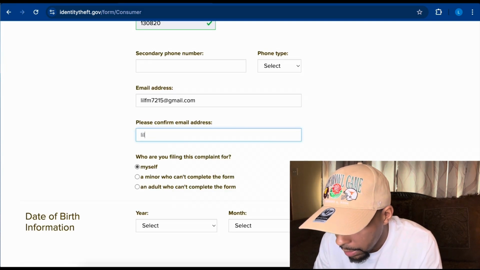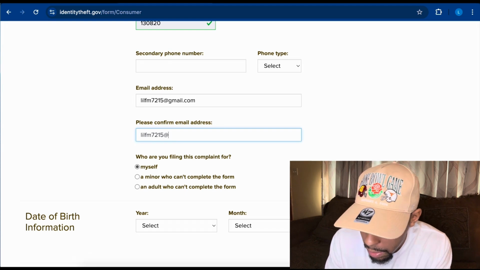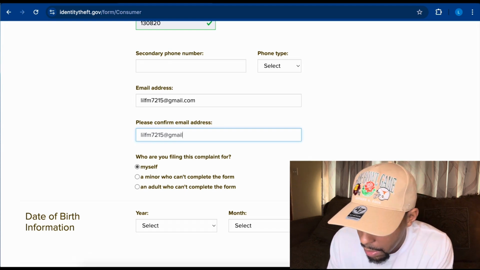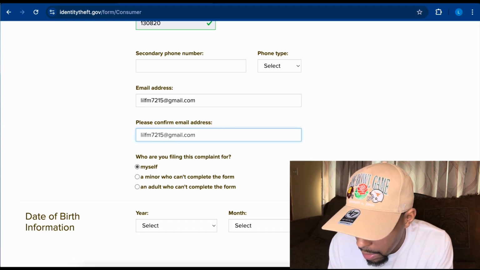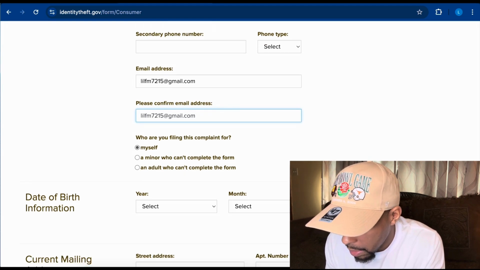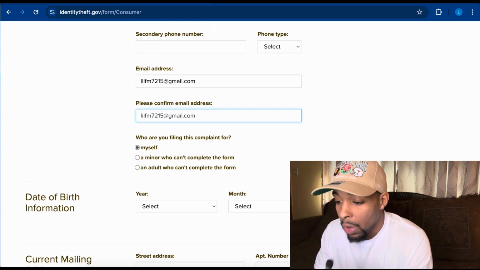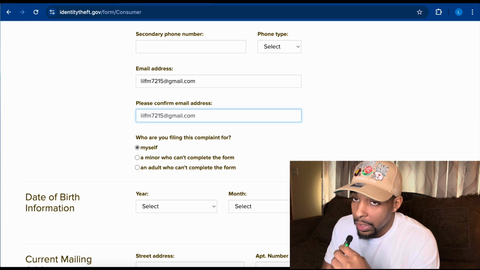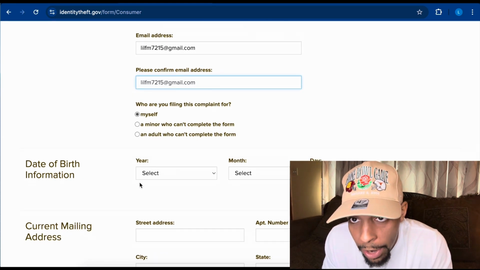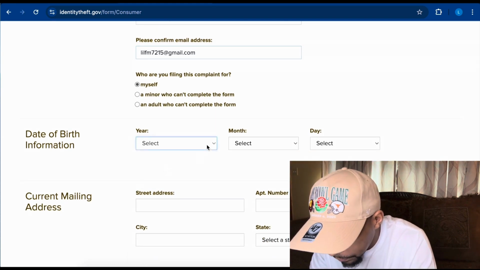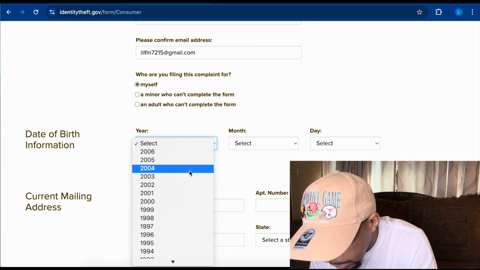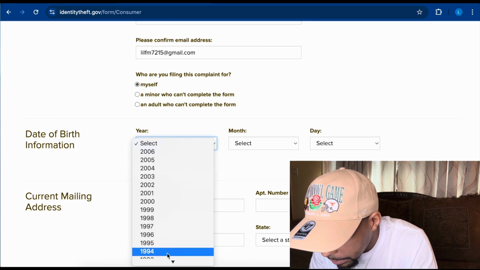Please confirm email address. Who are you filing this complaint for? This is a very important part. We want to put ourselves. So myself, which is already selected, date of birth information,